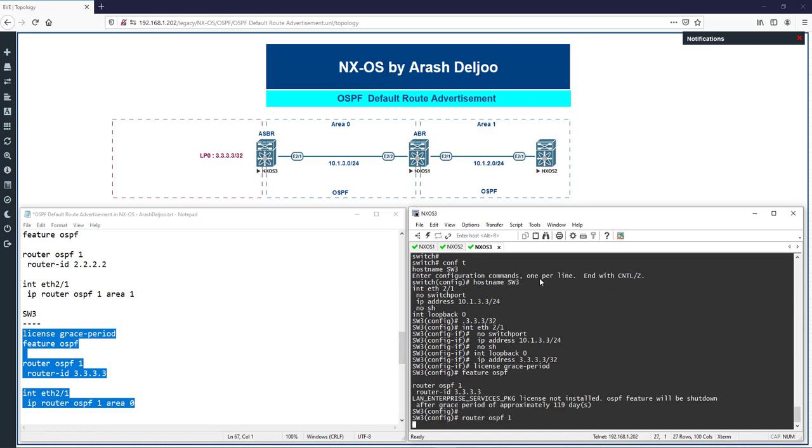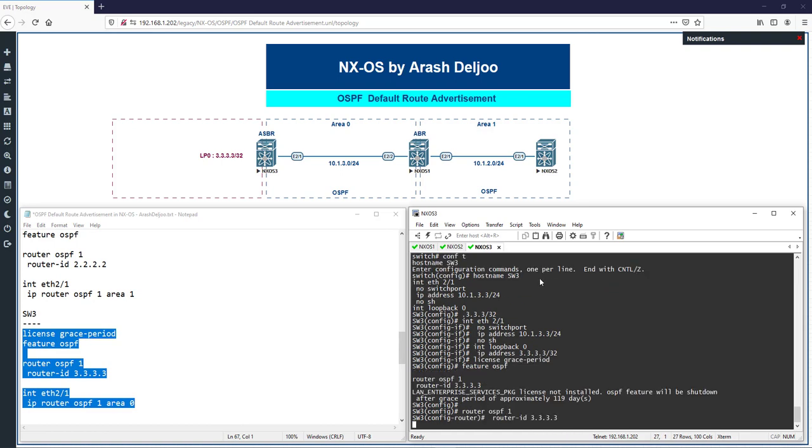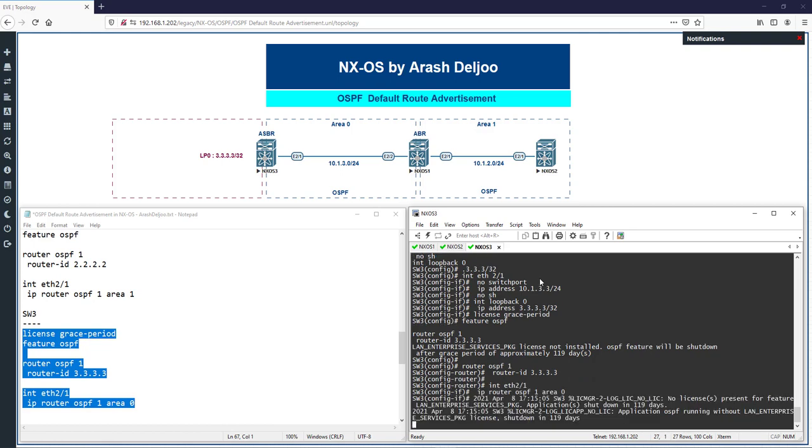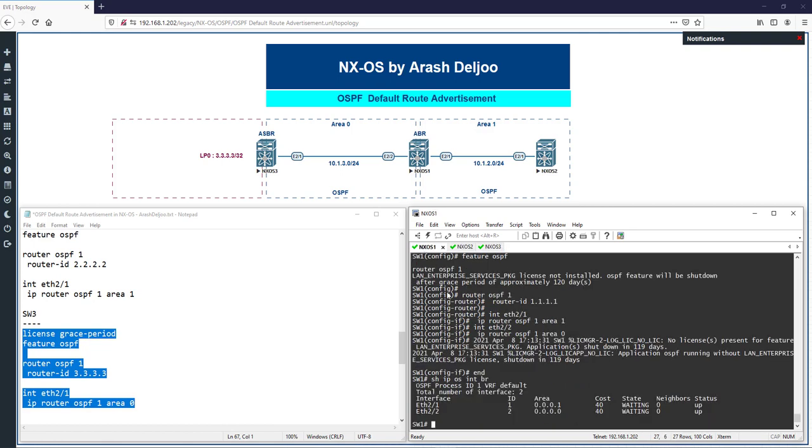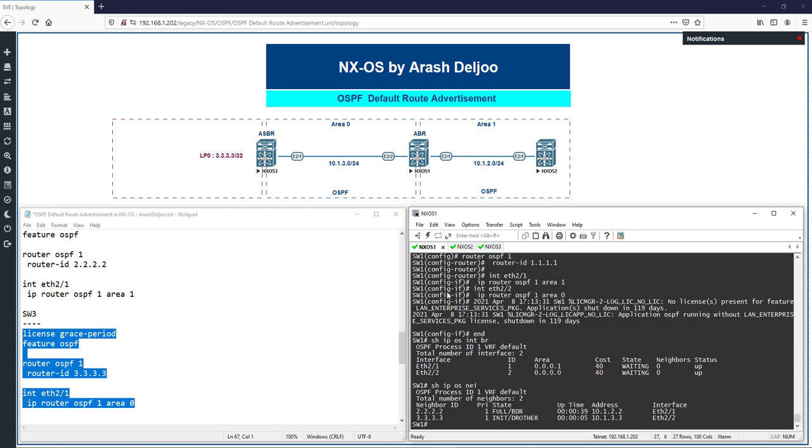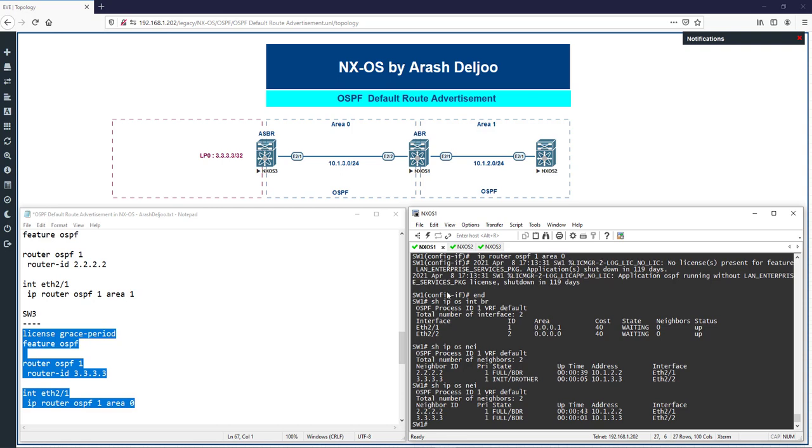Very good. Now first we should check the neighborships in this scenario between switch 1 and switch 2, and also switch 1 and switch 3. Starting in switch 1, show ip ospf neighbor. As you can see, we have neighborship between switch 1 and switch 2, and